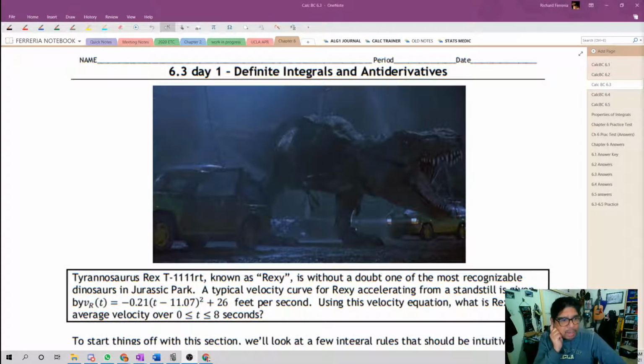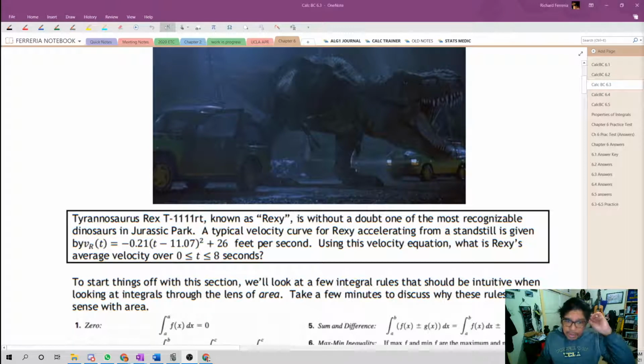Tyrannosaurus T1111RT, known as Rexy, is without a doubt one of the most recognizable dinosaurs in Jurassic Park. It's the very first Tyrannosaurus Rex, who goes all the way throughout the movies, all the way through Jurassic World. You see him. It's the one with the 3 claw marks on its neck. That's Rexy. A typical velocity curve for Rexy accelerating from standstill is given by this function